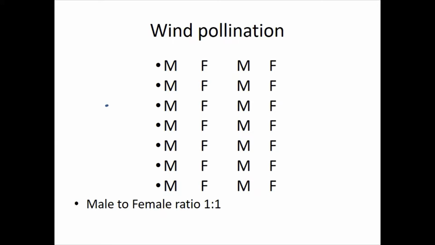Here I try to make some, to show you the ratio, like the one which is suitable when you're relying on wind pollination. When the wind blows, the pollen comes out of a male flower, then it goes straight to the stigma of a female flower, because the stigma is like a magnet to a pollen. But for this method to work very well,